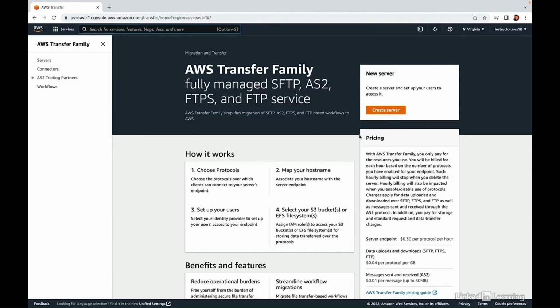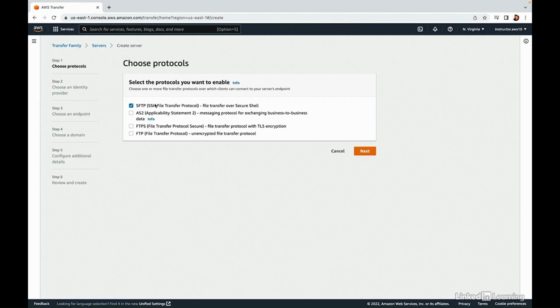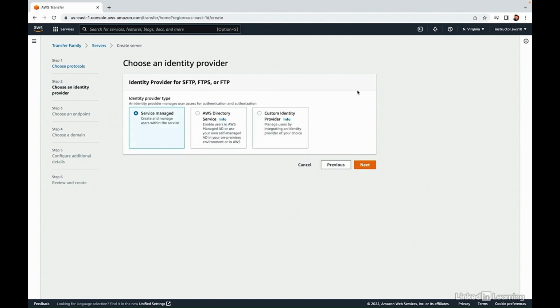And on this screen, we'll choose Create Server. SFTP is already populated for us, so we'll keep that as is. And you can see some of the other protocols that are now supported by the service. Click Next. Our identity provider for the server will be service managed, basically meaning that we will be creating user